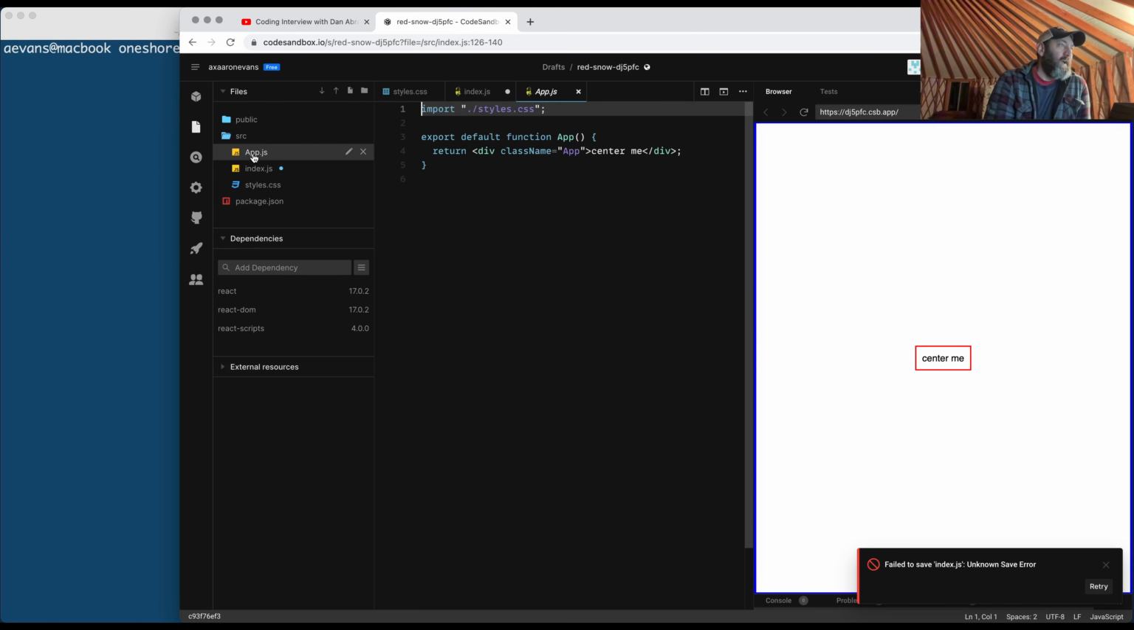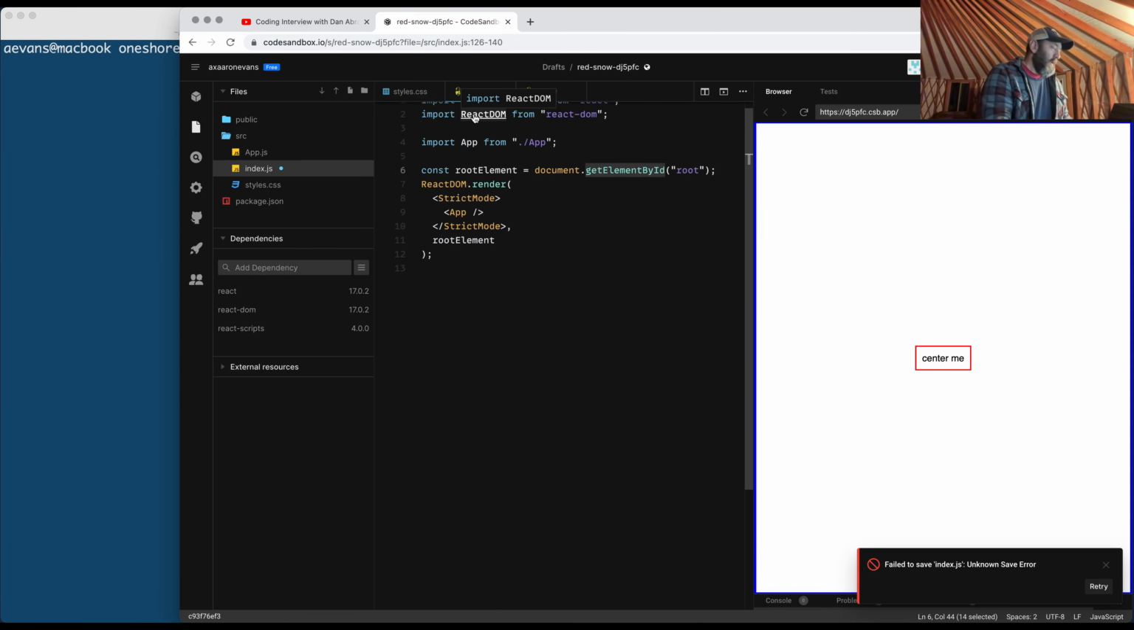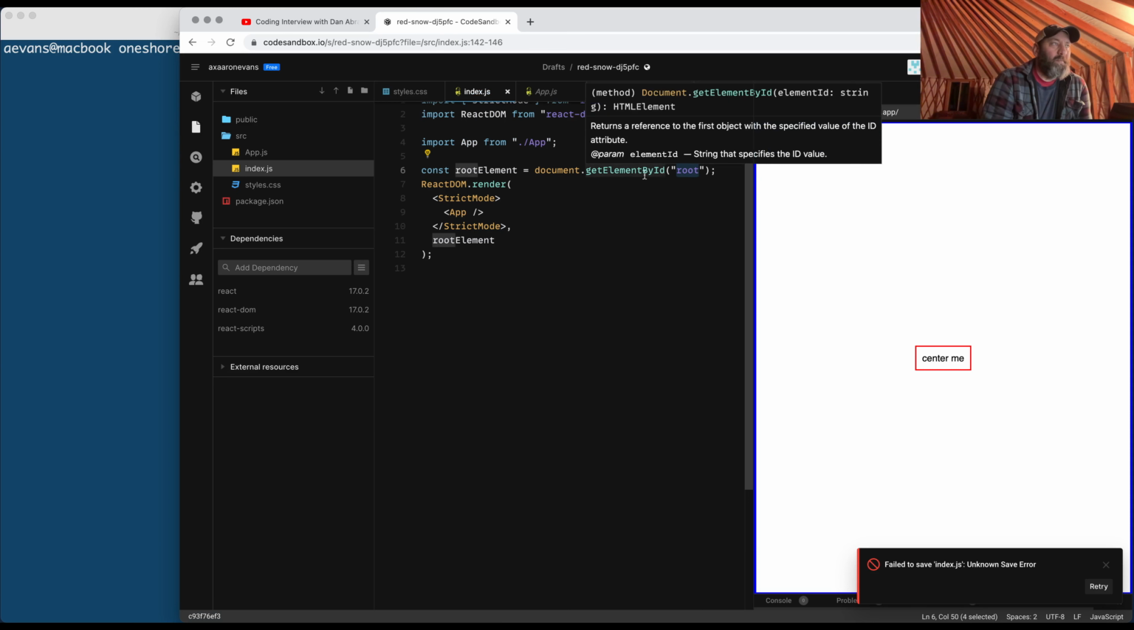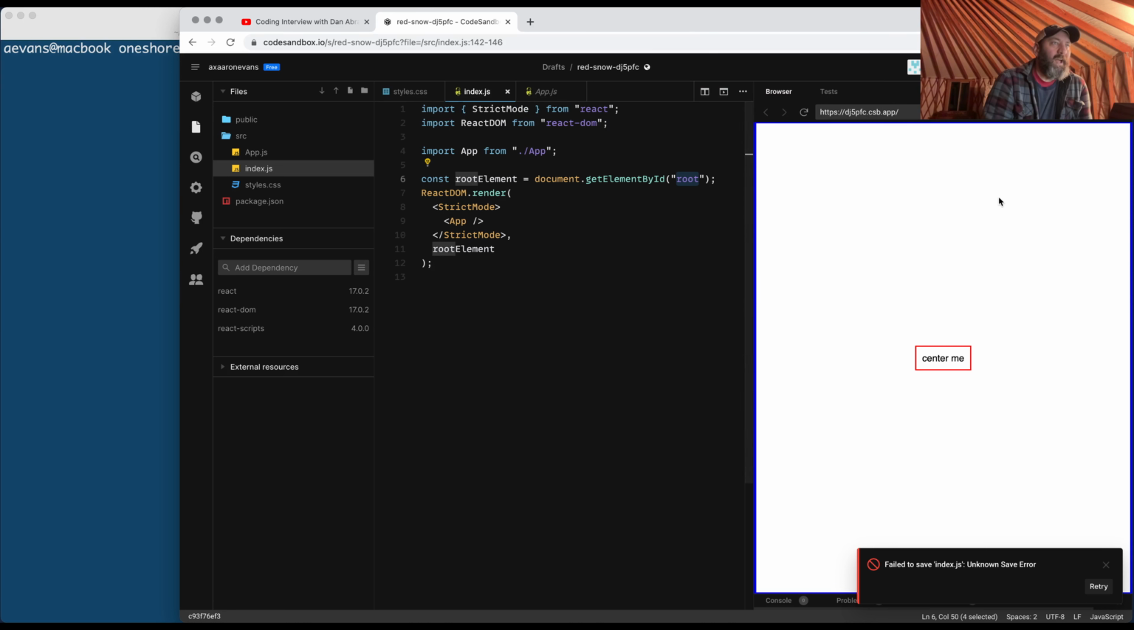I guess we don't have an index.html. But it's got a root element. It's finding some element by ID, which is root. I think it probably has to do with this code share thing. So it's saying render my React component within the root element. So it's a function. Here are the arguments. The first argument is this JSX code, which is